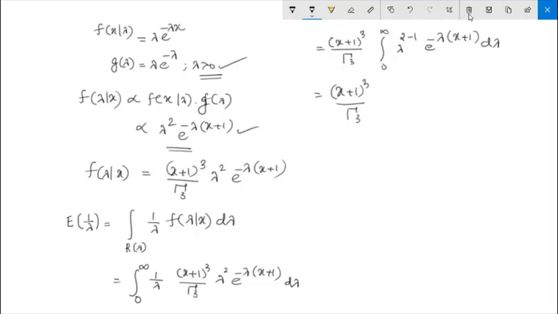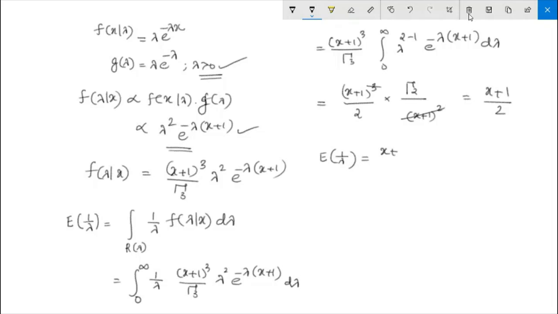This is again a gamma integral. The result of the integral is gamma 2 by x plus 1 that whole square, which is equal to x plus 1 by 2. So the answer is the Bayes estimator of 1 by lambda is x plus 1 by 2. So the fourth option is